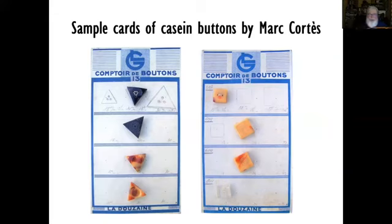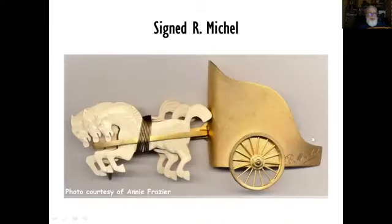And one last research project. This is one of the most spectacular, beautiful pieces of Casein work I've ever had the pleasure of handling, this wonderful buckle. I mean, if you just look at the movement and the power in the carving of these Casein horses, I think it's very spectacular. And it's very tantalizingly, very clearly signed R. Michel. So trying to find information about R. Michel in France, it's like trying to find information about J. Smith. I haven't been able to find anything. And of course I've talked about it with Loïc, who doesn't know who this person is either. And it's a mystery. And so, you know,